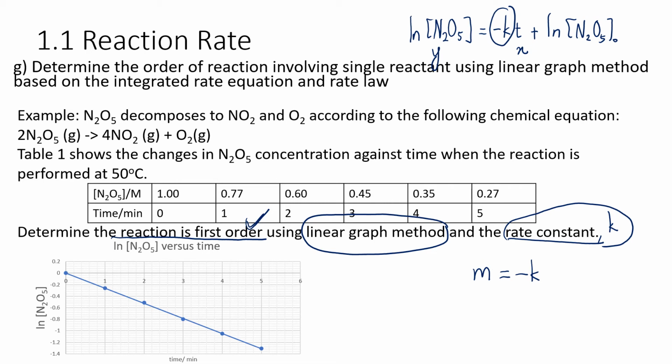How do we find the gradient of the graph? We can find it from the big triangle. So for the y-axis, it is negative 1.2, and for the x-axis it is 4.3. So the negatives cancel out. Therefore, we get our rate constant equals